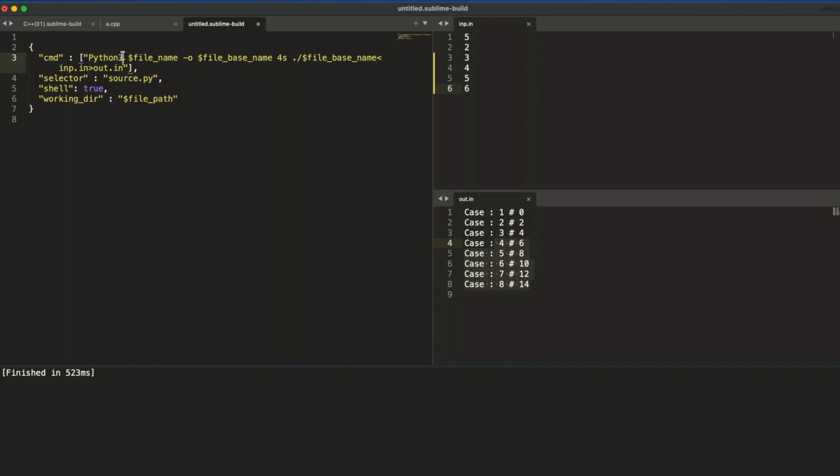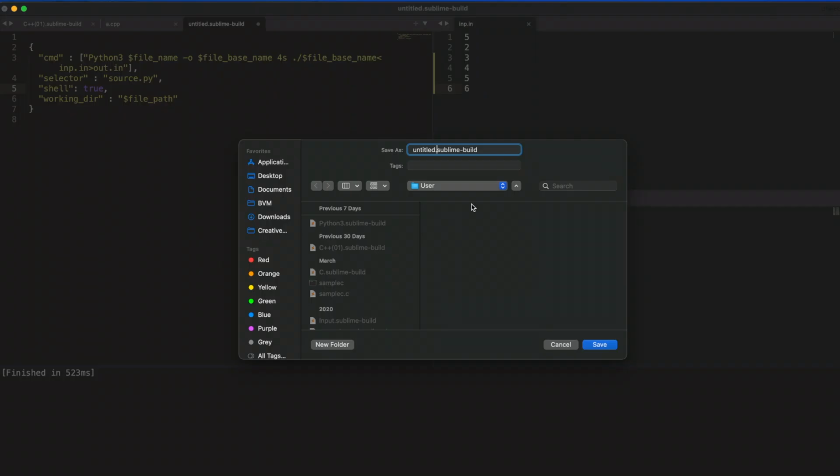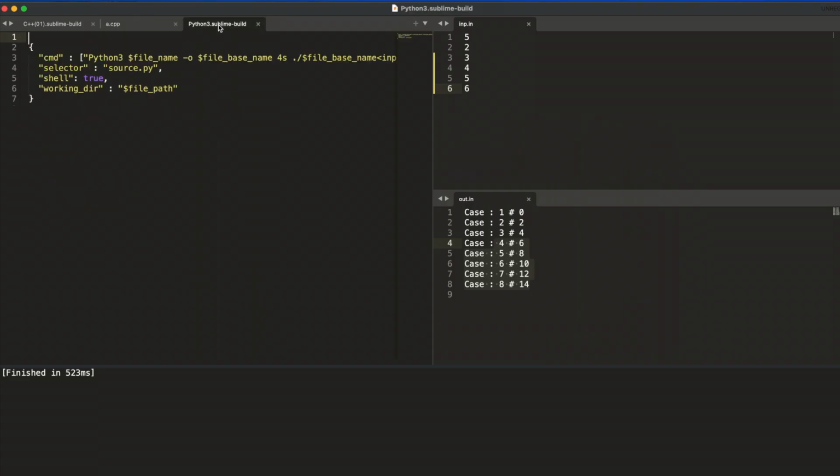For Python 3, you'll have to check what Python you have installed on your computer. If you have Python 2, you can write 2 here. Save this build file as whatever name you want, with an extension of .sublime-build. Let's say Python 3. Okay, and save this file.